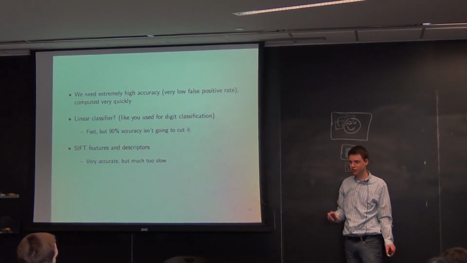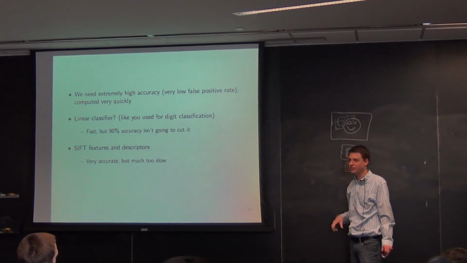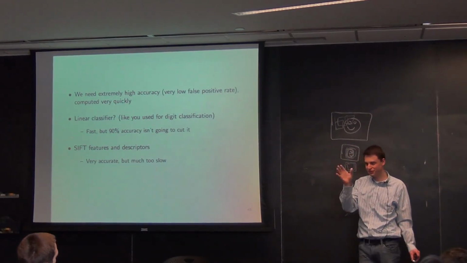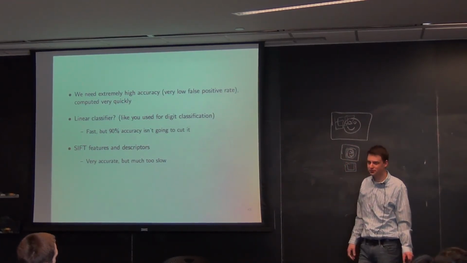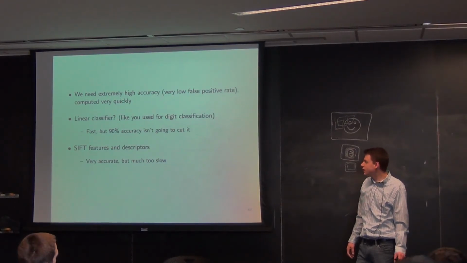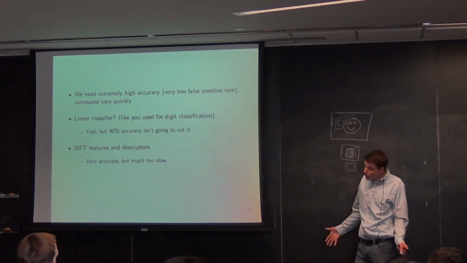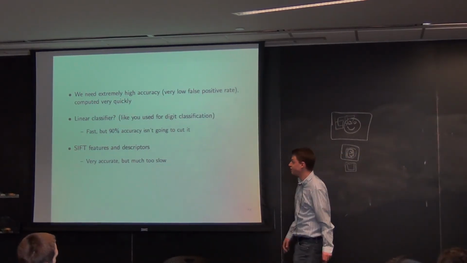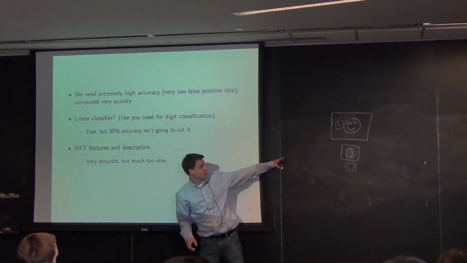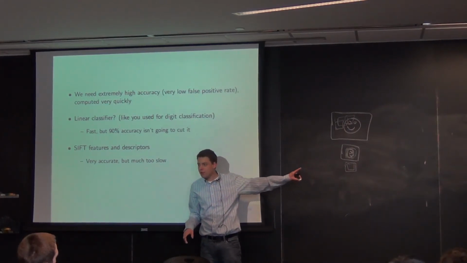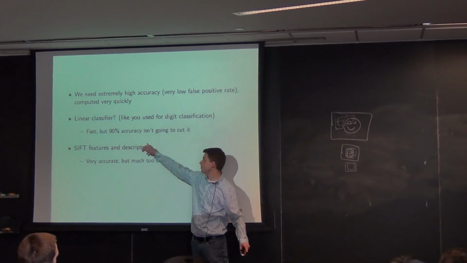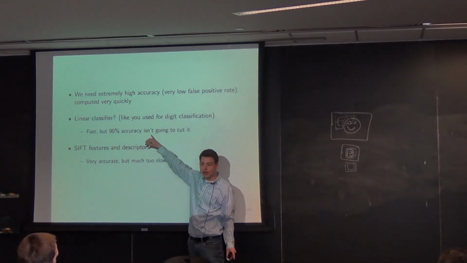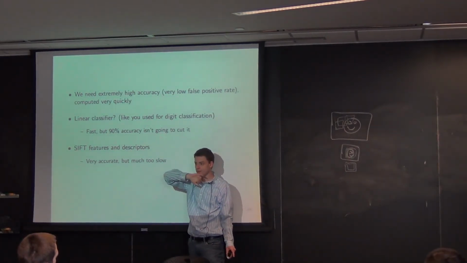Your camera doesn't have much processing power. It can track faces. How does that work? Well, one thing we could do, which would actually be plenty fast, is, I mean, it isn't that much work, we could just build a linear classifier and do this with a linear classifier. That would probably work fine